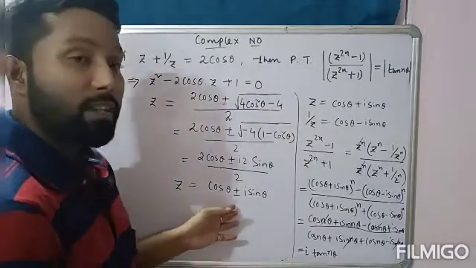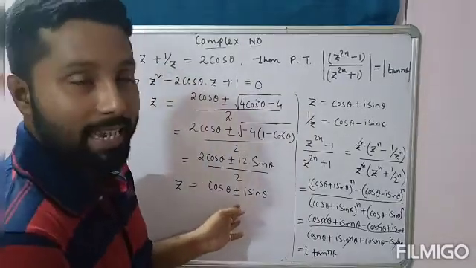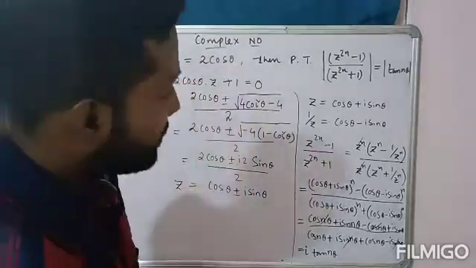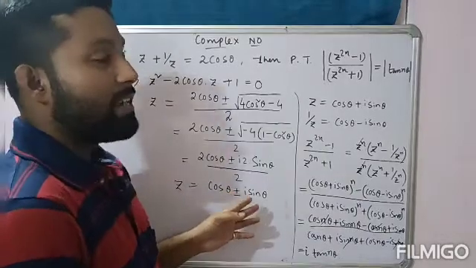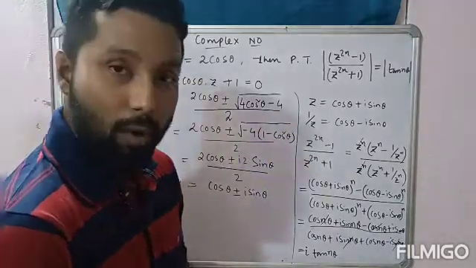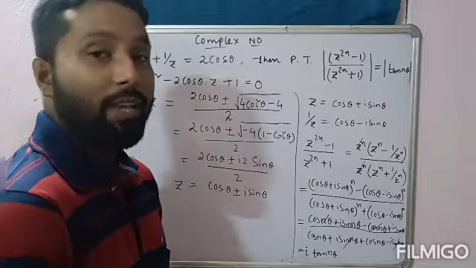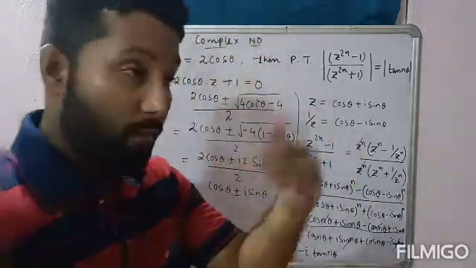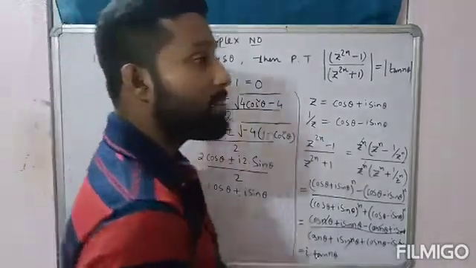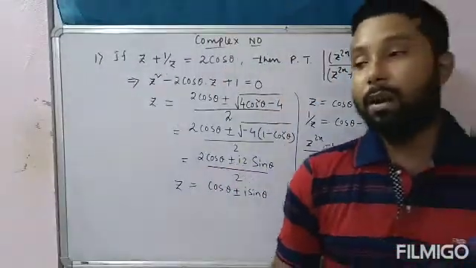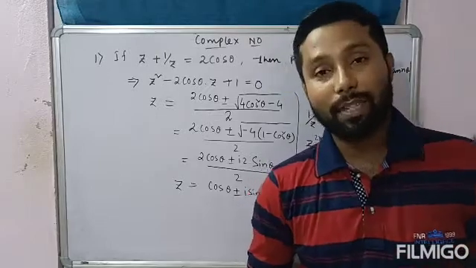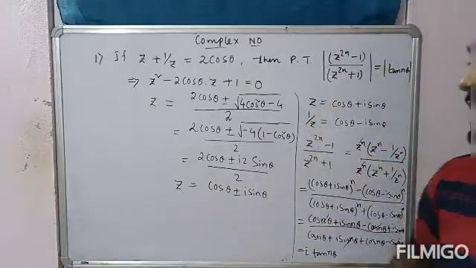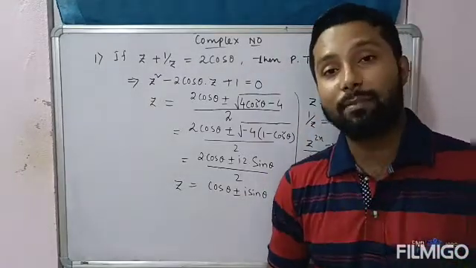Because z का तो दो वैल्यू है ना, one is cos theta plus I sin theta, another one is cos theta minus I sin theta. Alright, so since two values are there, first time I have taken only positive sign. So the next time we have to consider the negative sign. You have to consider both positive and negative. We cannot ignore the value, because here the condition is not given, na, whether we have to use a positive sign only or only the negative sign. So since it is not mentioned in the question, and moreover here modulus sign is there, so means we have to use both plus and minus sign.